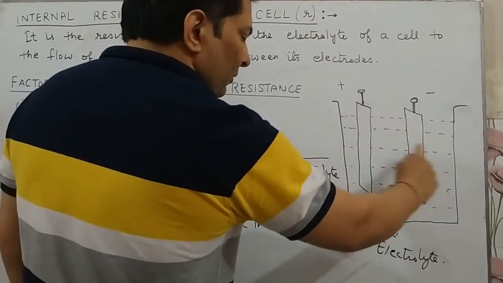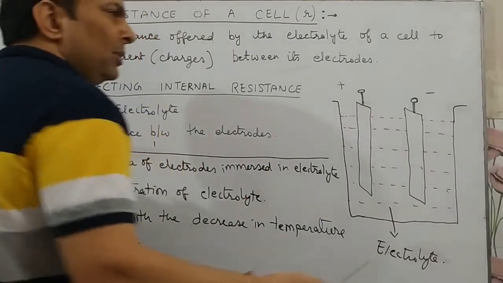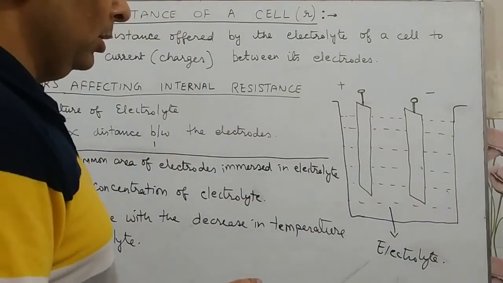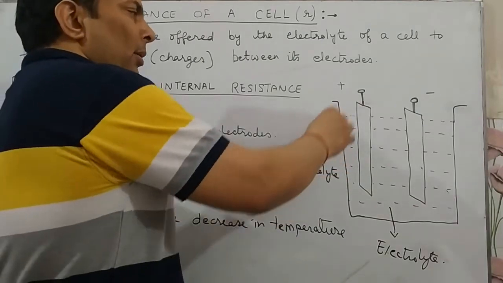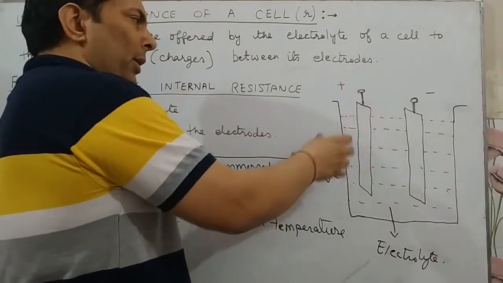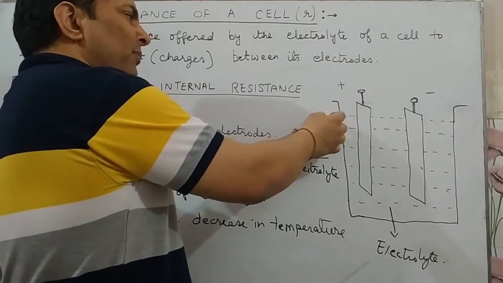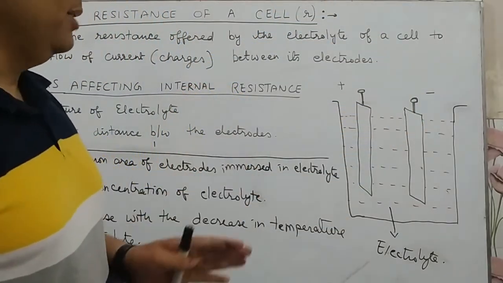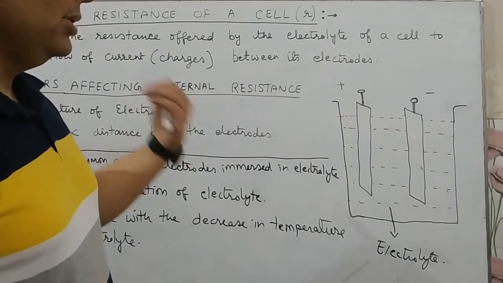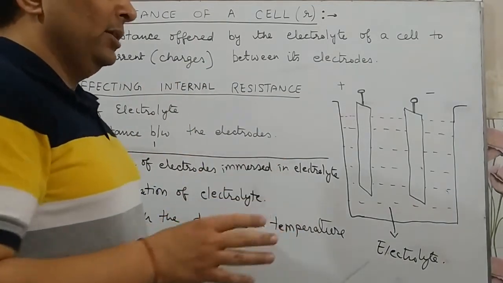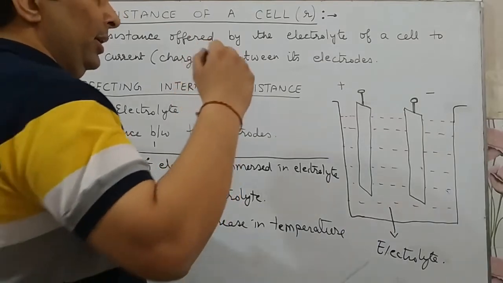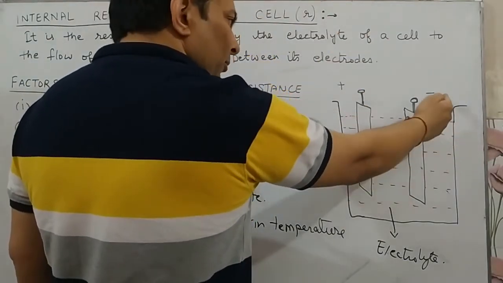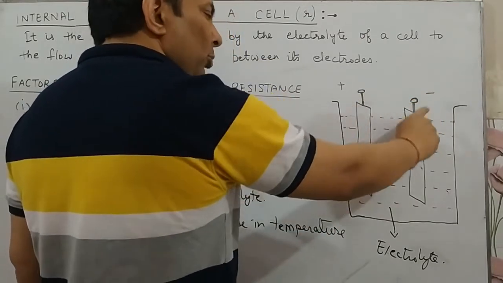This is filled with electrolyte. Electrolyte is a substance which dissociates into ions whenever dissolved in water. So it is filled over here. Now, when a cell is connected to a circuit, it maintains the flow of positive charges from the higher potential to the low potential. So basically, it maintains the flow of charges in the circuit. Now, for maintenance of the electric current, these positive charges, once they have moved from high potential to low potential, have to move from the low potential to the higher potential through the cell.